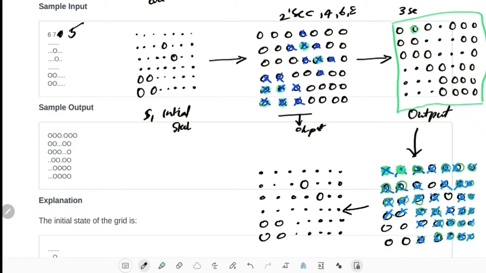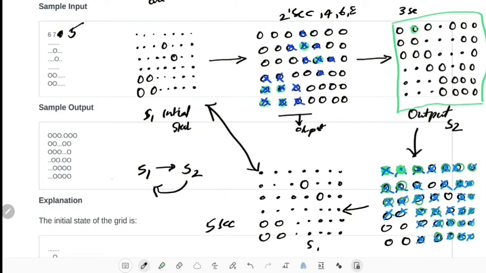Okay, if you observe, this is the same as the initial state. Both states are matching. So at time 5 seconds, this will be the output. It means at time 5 seconds the state returns to the initial state. So there is a cycle here like this: S1, and let me name the next ones S2 and S3. S3 is the same as S1. So S1, S2, and it is repeating.